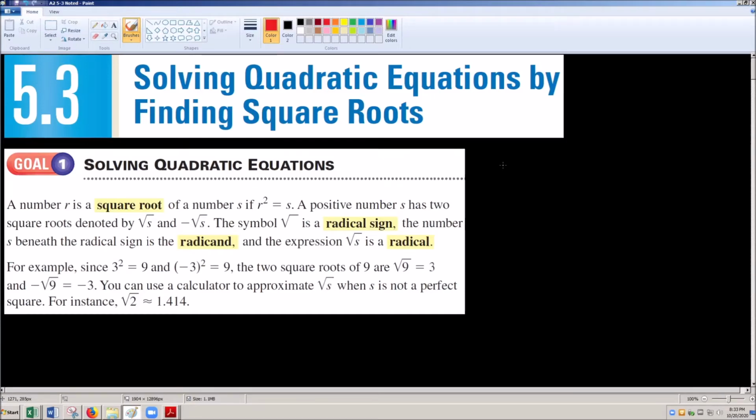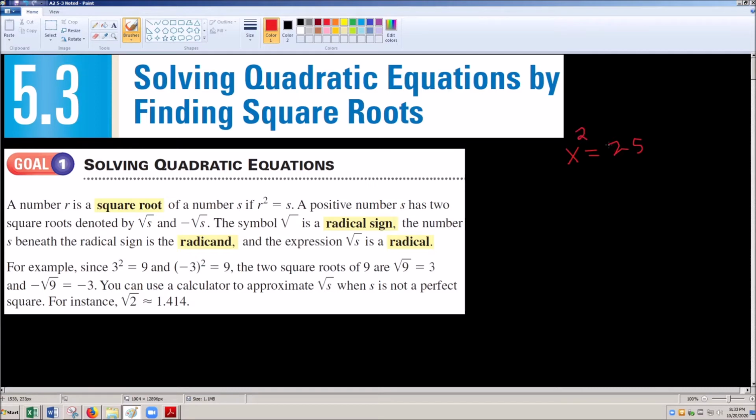So in the previous section, we were looking at solving quadratic equations by using the intercepts, so finding our zeros. Here we're going to solve by finding our square roots. So first we want to talk about what a square root is. So if I have something like x squared equals 25,